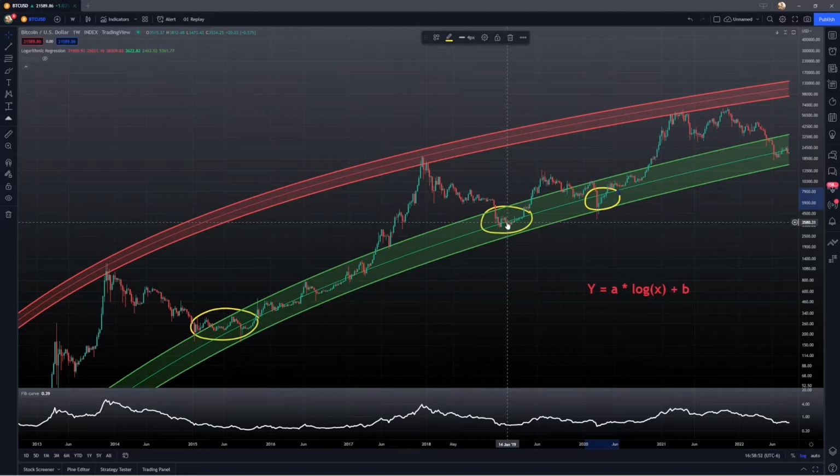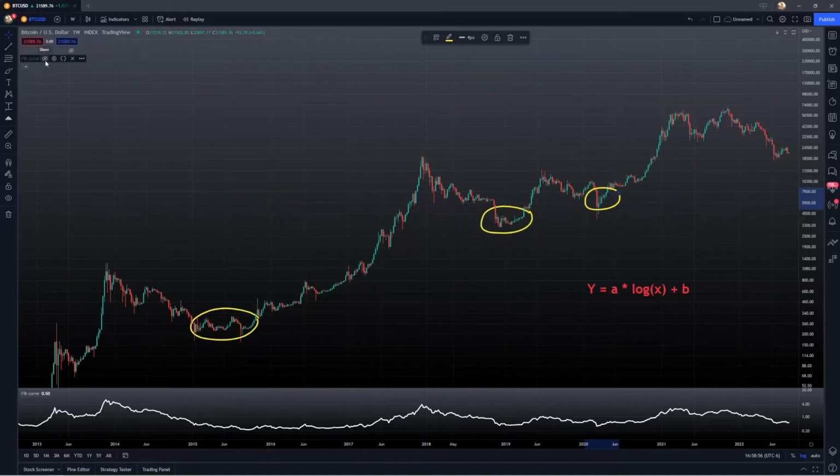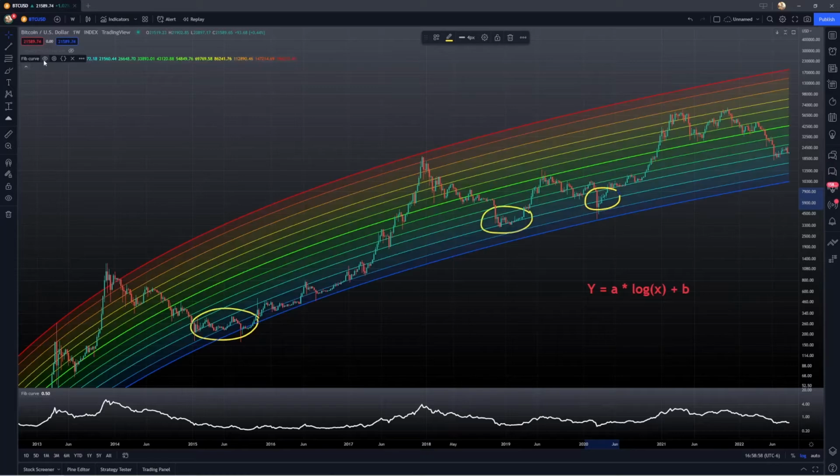So I want to switch over to some different logarithmic curves, which I think are still important to look at, but they might have a little bit more detail, a little bit different of a story to tell. These bands are pretty similar in nature in that they're the same parent function equation. What we're doing instead though is we're taking all of the data, every single closing price on each specific date, and we're fitting it to this green curve, this middle line, and then each subsequent regression curve above or below